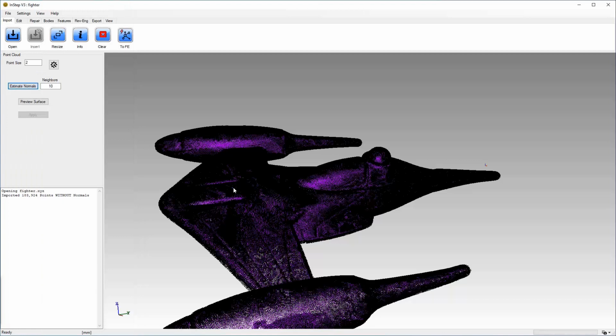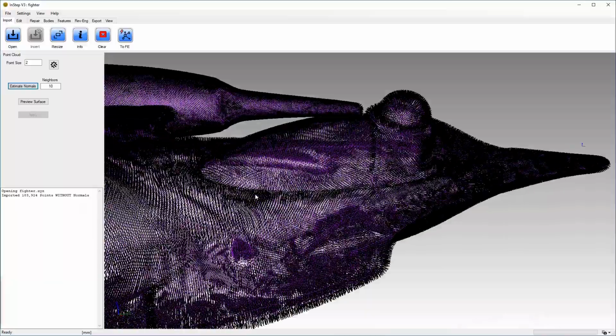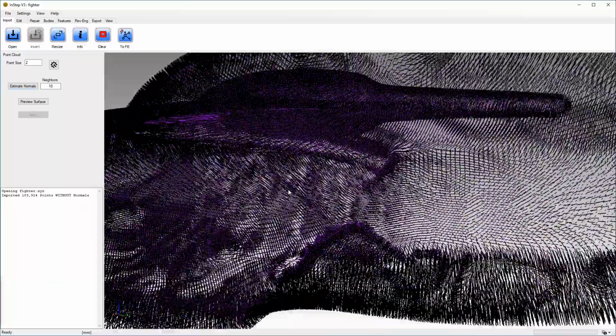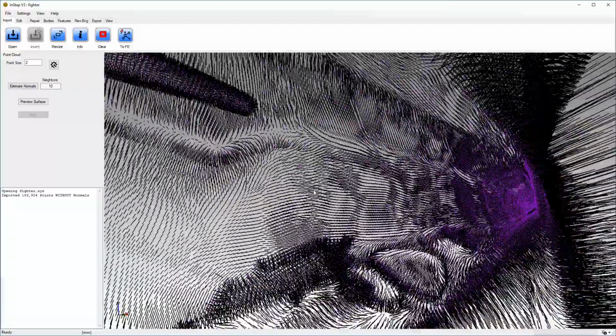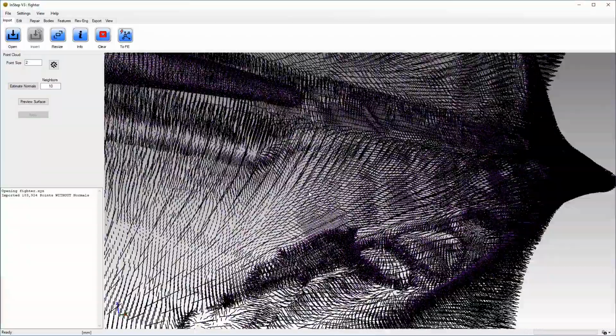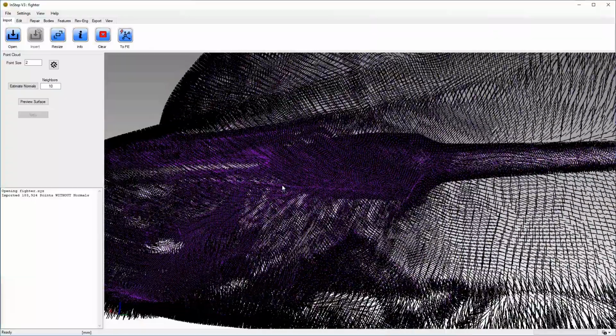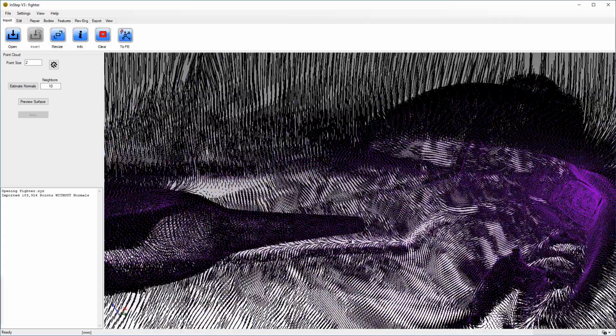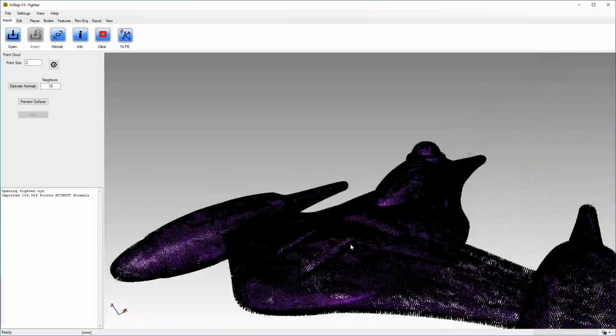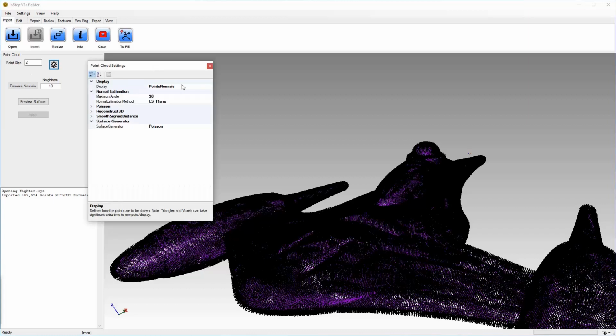So in this case, the calculation takes about a minute, minute and a half, and once it's done, we can now see a line pointing away from all the point data that we originally had. We can also change this display to use triangles now that we know the normals. And the triangle option, once it's selected, will take another minute or so to update.